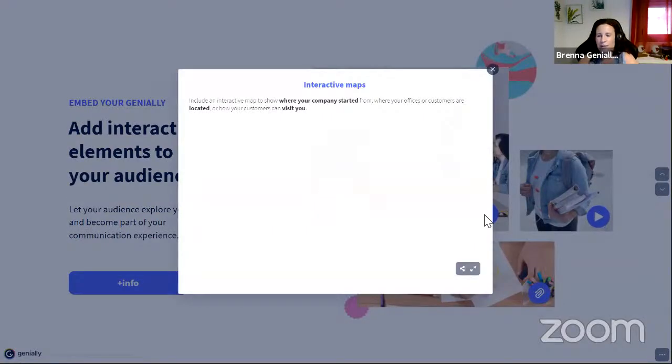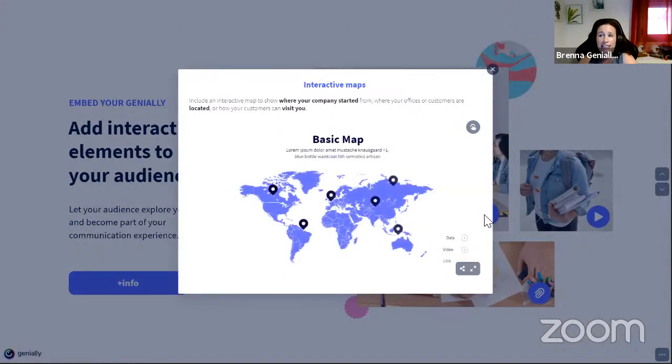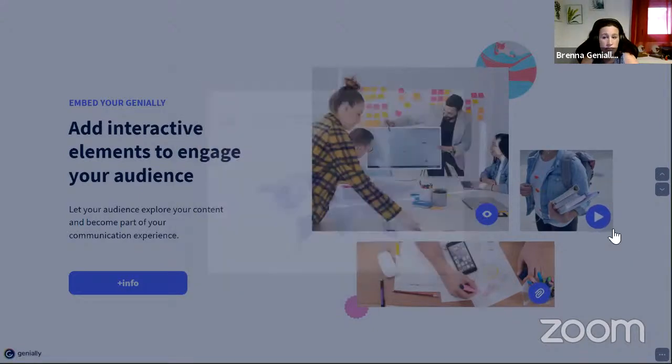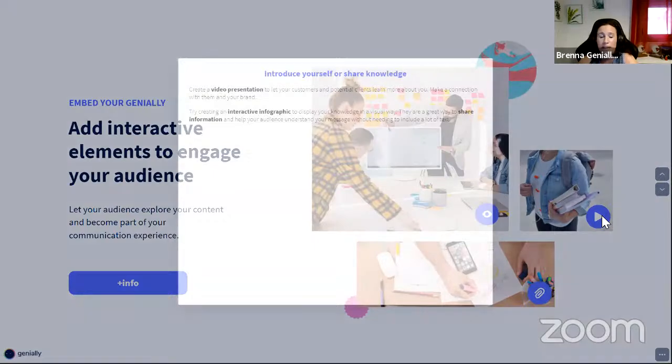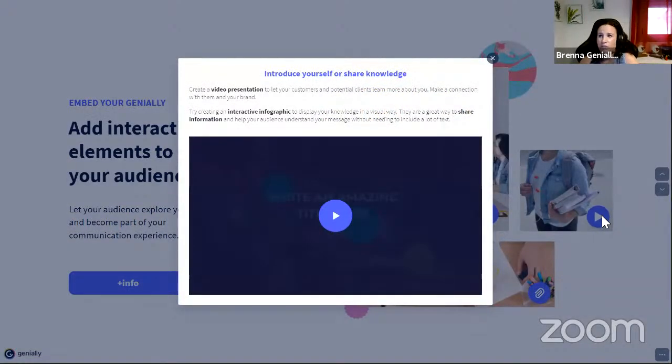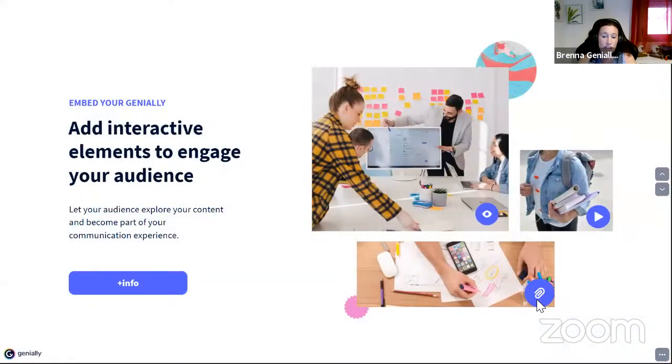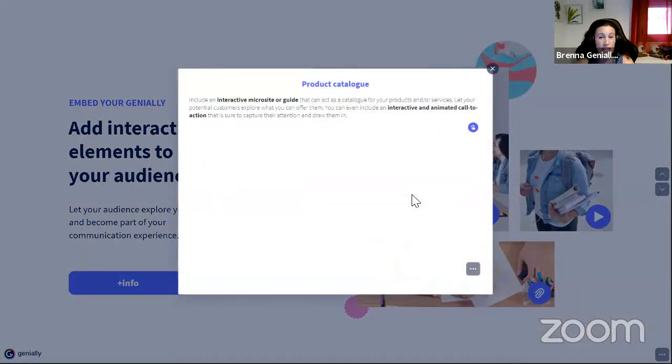So one example, something that you could do would be to include an interactive map. Now, you can show where your company started from. You can show where you currently have offices located or where your customers can visit you. You could also make a video presentation to introduce yourself, your brand, or your products. You could add a short quiz, an interactive card to bring a little bit of fun and games into your landing page. And you can even create a microsite or an interactive guide